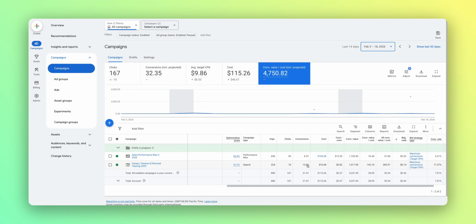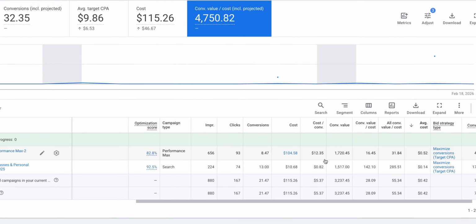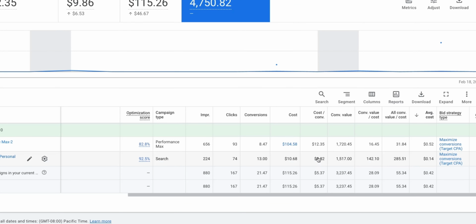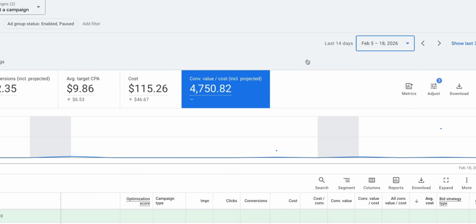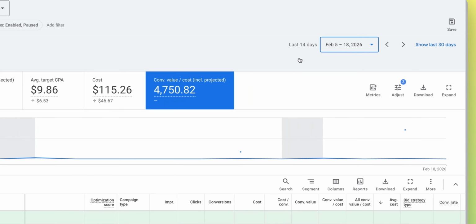That's why you see fractional conversions here. We can see that we have a cost for each conversion. They differ a lot, but we are still reading the data from each campaign,